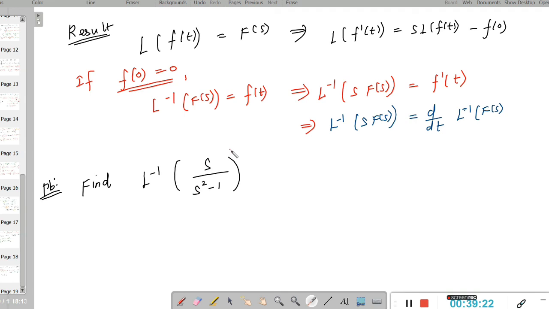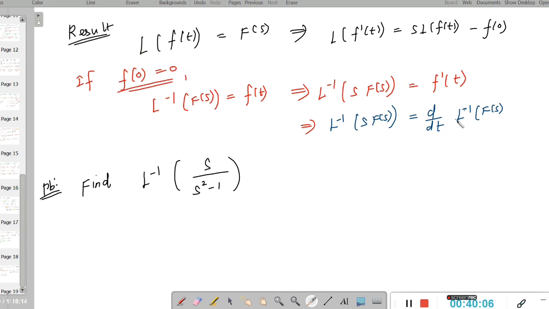Laplace transform of derivative. So L of f of t equal to F of s, then L of f dash of t equal to s into L of f of t minus f of 0. Suppose f of 0 equal to 0, then you can apply L inverse of s into F of s equal to f dash of t. That means, except s, you have to find L inverse of F of s. In this case this condition is satisfied, which means